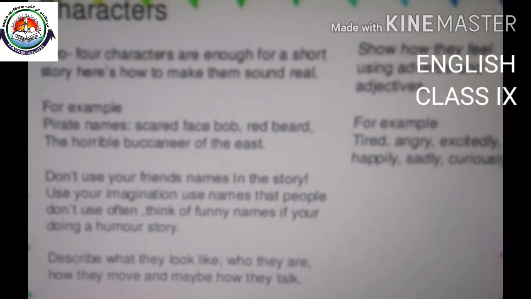Now let's look deep into the point character setting. As I told you in the beginning, it's better to have 2 to 4 characters because we have to choose the least number of characters for short stories. And once we are selecting the characters, we must make sure that they sound real to the readers. And the names also must be similar to reality. For example, once we are giving the pirate names,